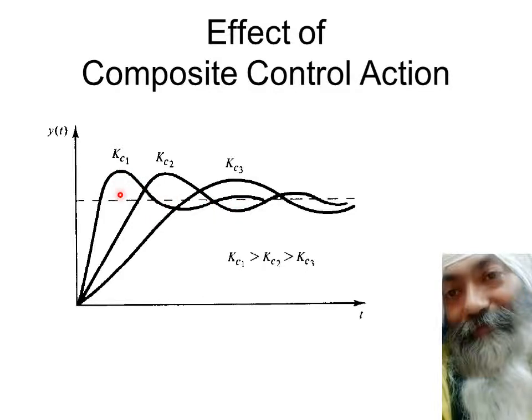So the way to go is to take something in between. In between, the best one is to go in for Kc2. Kc2 means it's neither too low nor too high, neither is it having too many oscillations nor is it too slow. We take a trade-off, we go somewhere in between. So this is what we are going to choose. This is the effect of gain. Once we apply a complete PID tuning as such, we go in for the moderate values of Kc2 here again.